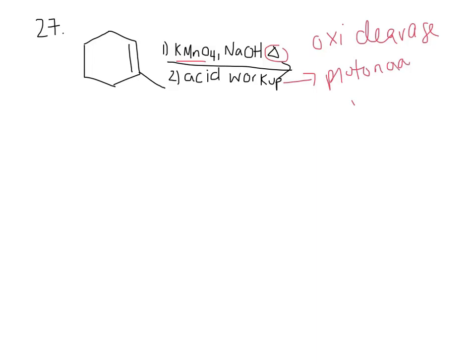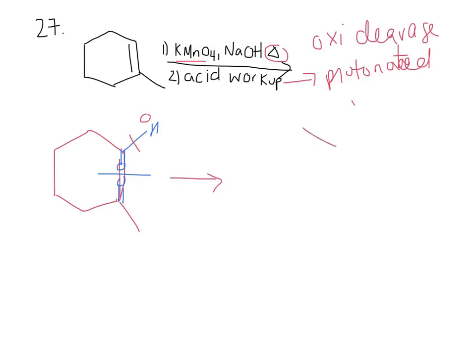Protonated. I can't spell. Wonderful. So we're going to break our double bond in half and replace them with oxygens. So if I draw this out a little bit bigger, that means that this guy gets broken, and I just replace those with oxygens, double bonded oxygen, and my CH also gets broken, and I replace that with an oxygen as well. So that would give me a really stretched out ring if I want to draw it that way, because I'm lazy. There we go, double bond O,